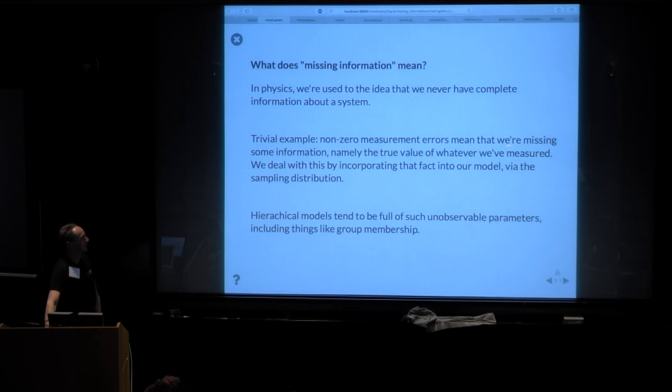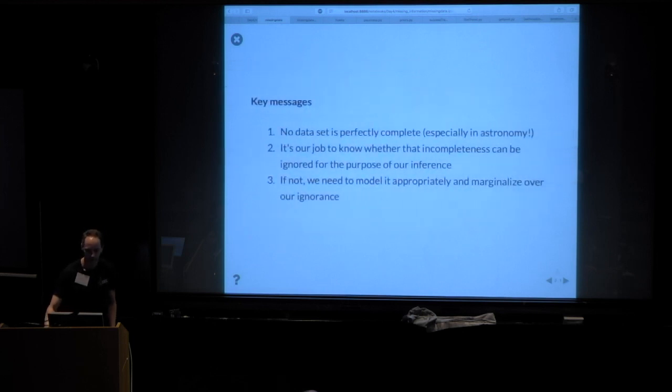You've seen a bit of this also in the context of hierarchical models. They tend to be full of things that we don't know. One of them was that example of, what is the true value of something if you have a measurement that isn't perfect. And as you start building multi-level models, you just add more and more of these things that you don't know. Maybe you have some prior information on them, but there is information which is missing.